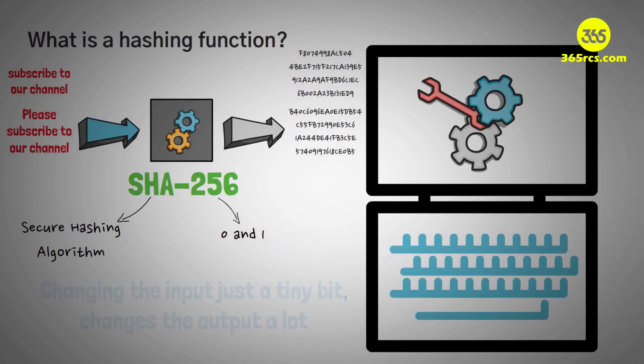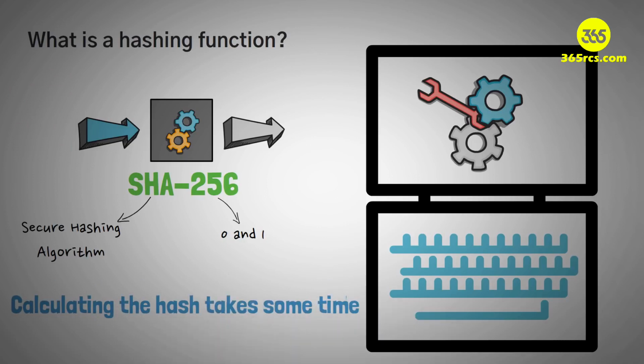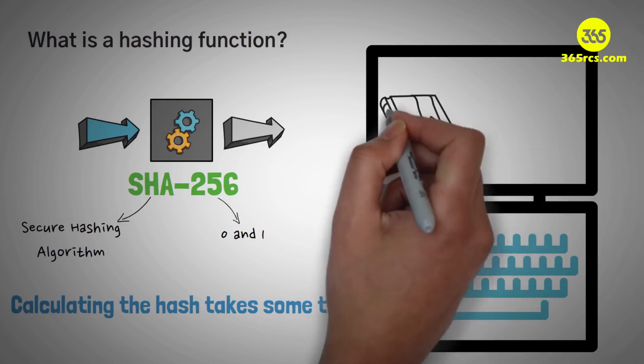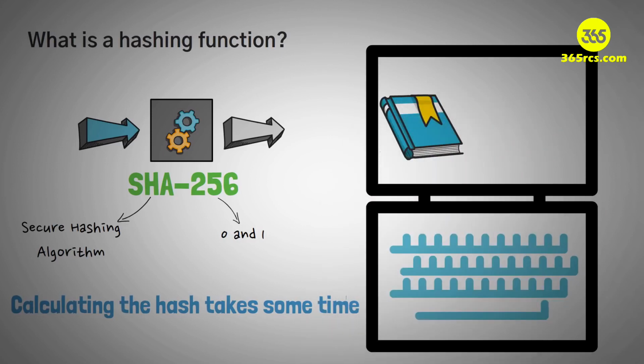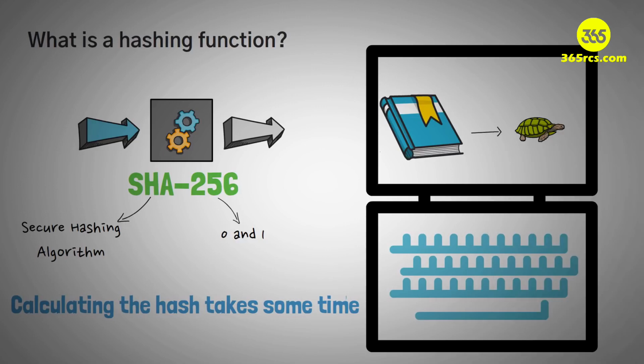And lastly, the third thing you need to know is that calculating the hash takes some time. Now, it might only take a few milliseconds for one tiny string of text, but if you have an entire book that you're doing, or if you want to check a few million variations of it, it starts to rack up time and computing power. And so